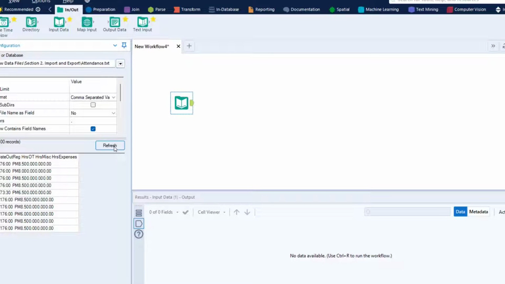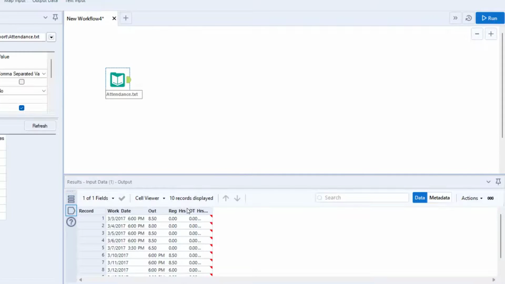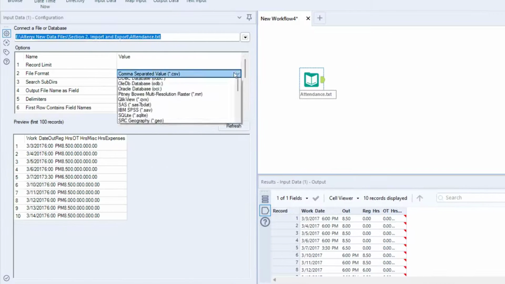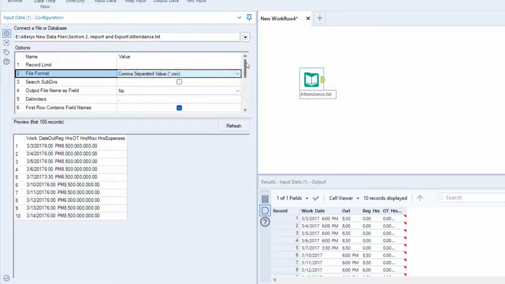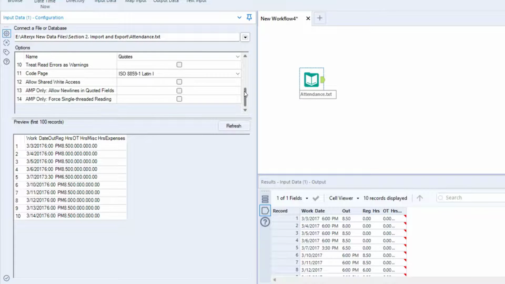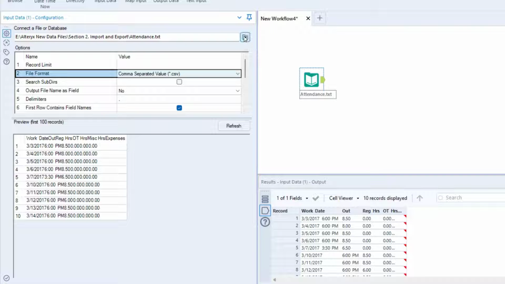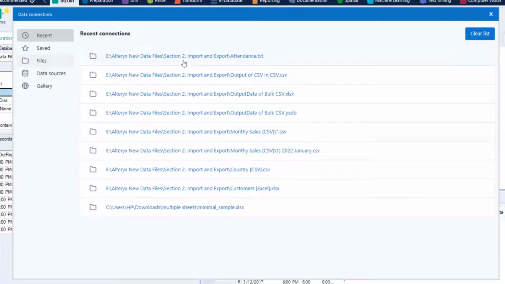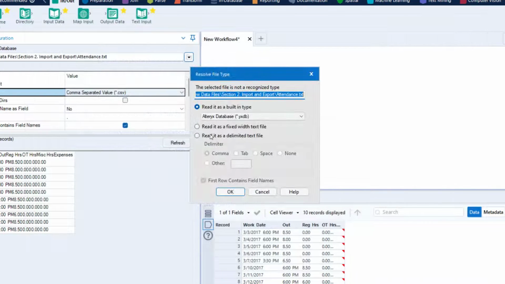But when I pick up the file, please see the output here. It will give me all into one column, which is not a good idea. So what I can do is I can again click on this drop down, or maybe I can scroll down and check if I have the options here. No. So I'll just pick up the file again, click on this button and I can pick up attendance.txt,